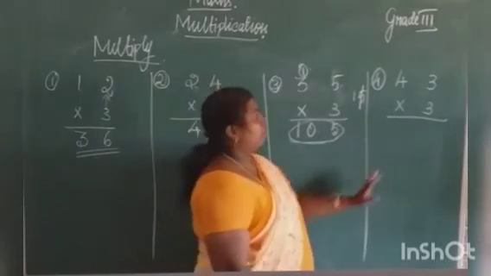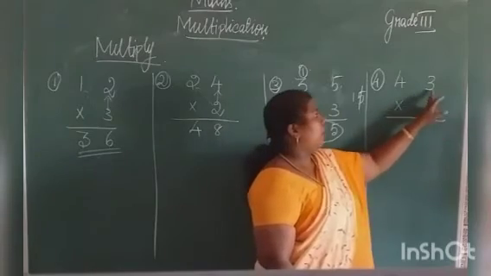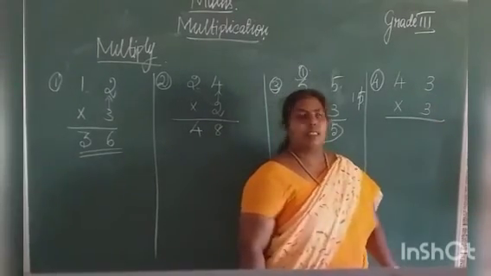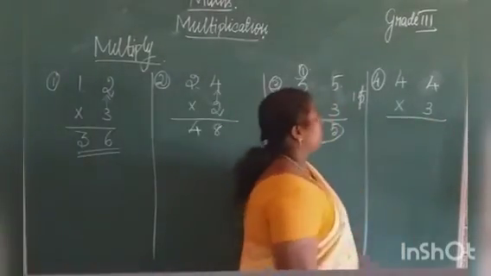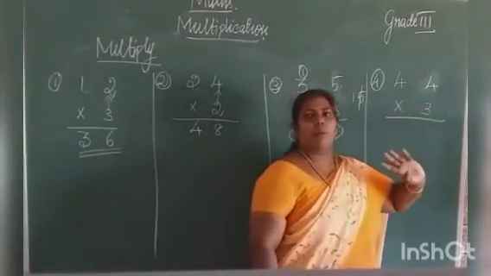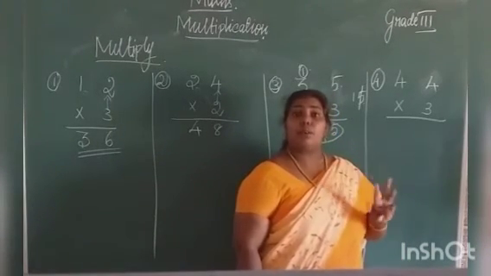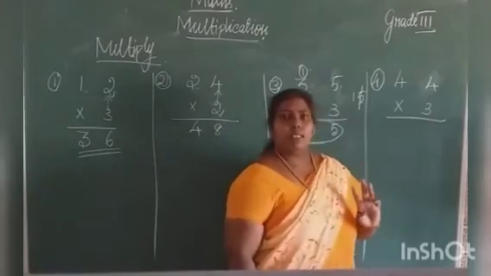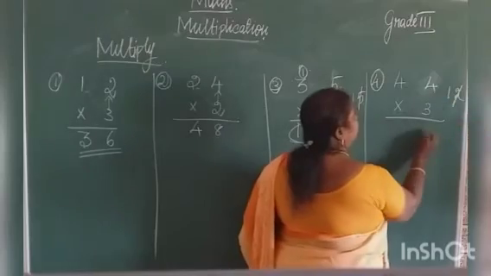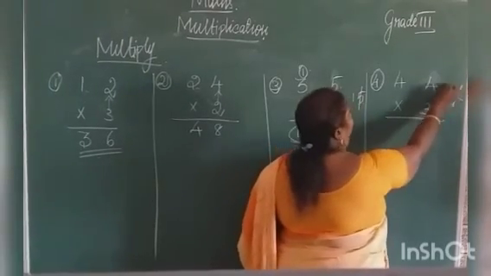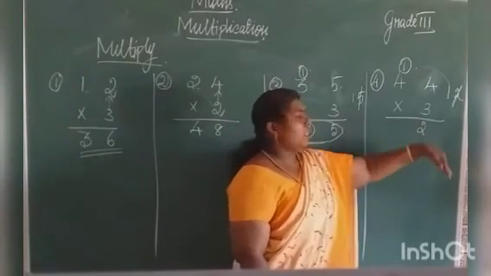One more example. Here you are going to multiply these two numbers, right? Here we can change the number. Okay. 4. Now I am going to change the number. Okay. 3 4s are how much? 1 3 is 3. 2 3s are 6. 3 3s are 9. Then 4 3s are how much? 12, isn't it? So 12. Write it here, 12. Then cut the 2 and write it here. This one we have to write here. Very good. Okay. Next, the first one is over.